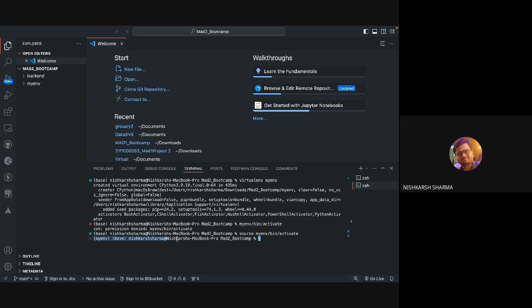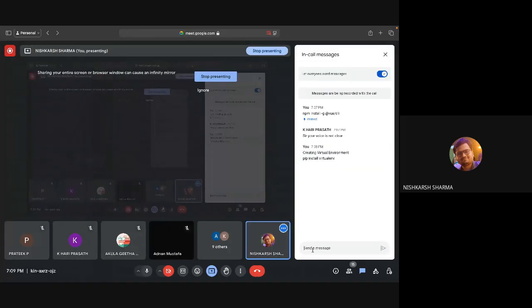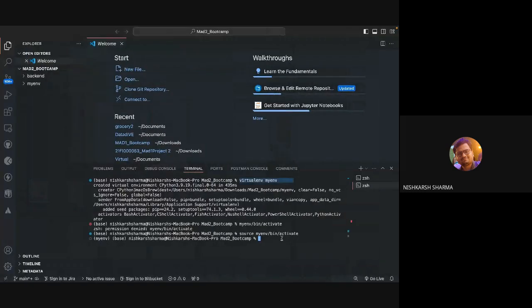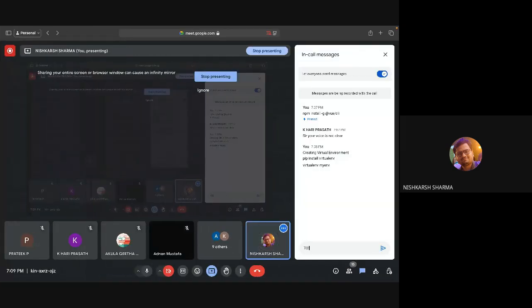And as you can see, after hitting this command, you will be able to see myenv in the terminal, which will indicate that your environment is now running. So first command is virtualenv. First command is this. Now to run,